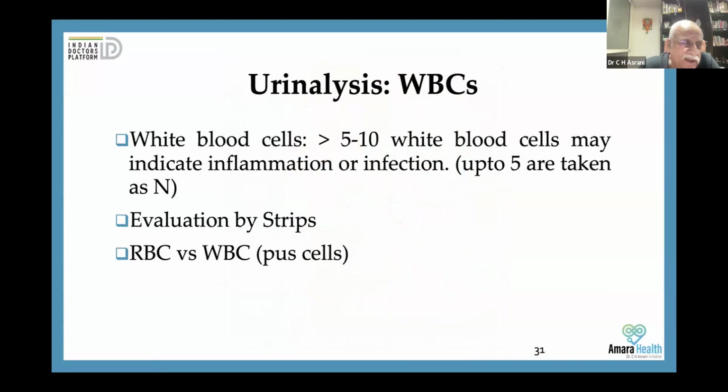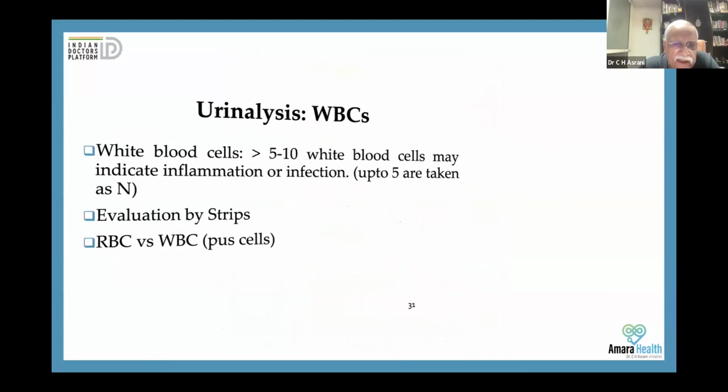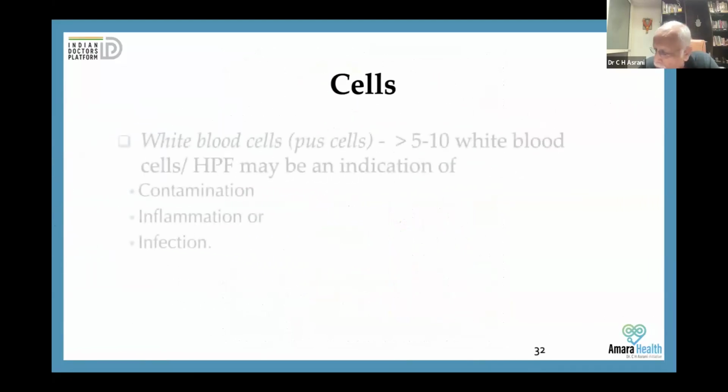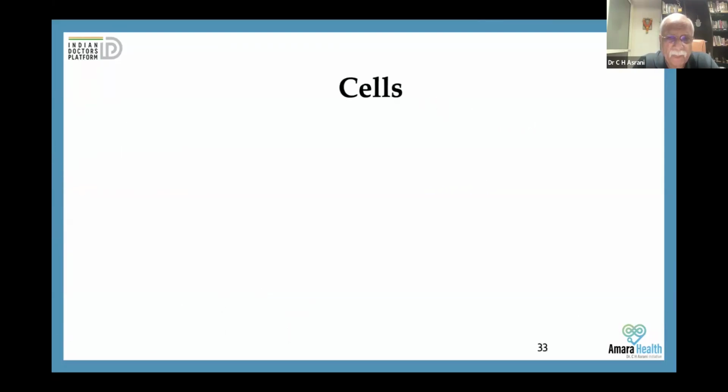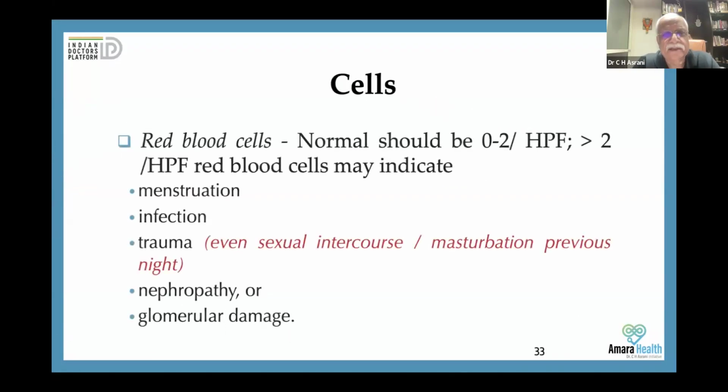RBCs versus WBC. Let's see what is the difference. White blood cells, so-called pus cells, more than 5 to 10 white blood cells per high power field may be an indication of contamination if there are zero symptoms, inflammation or infection. Red blood cells, normally 0 to 2 per high power field. More than 2 per high power field may indicate menstruation,